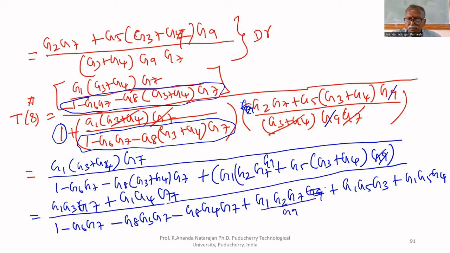Here G9 must be in the denominator. That's all. G9 in the denominator. This is getting cancelled. Here, not cancelled. Therefore, it should be in the denominator: G1, G2, G7 upon G9. Okay. The denominator can be written as